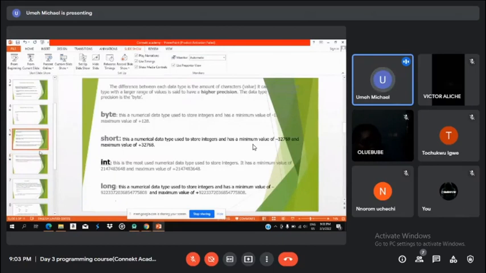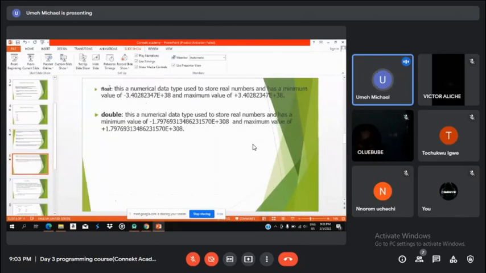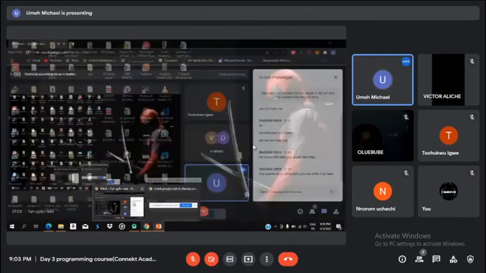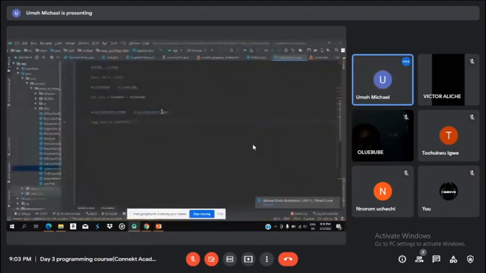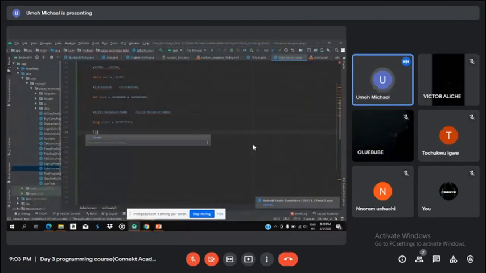But moving ahead, I'll still come back to that. Moving ahead, you have float and then your double. Both of them are also used to store data types. That is in their order. After long is float. The larger the number, the higher you have to go. So after long, you come down to